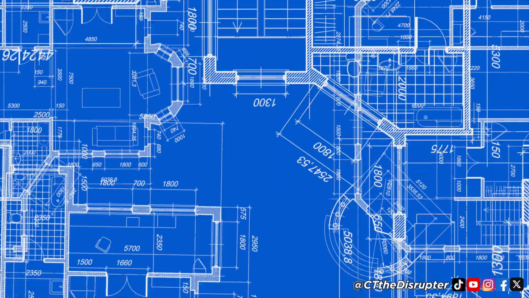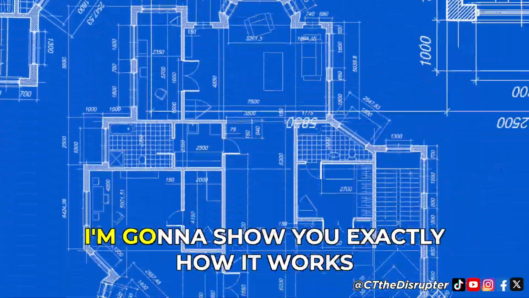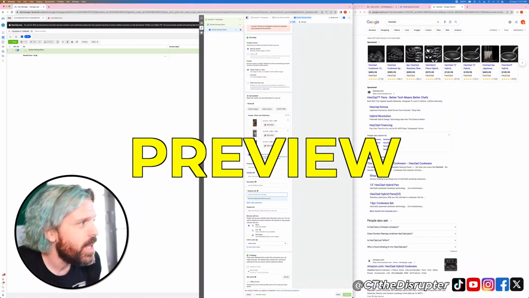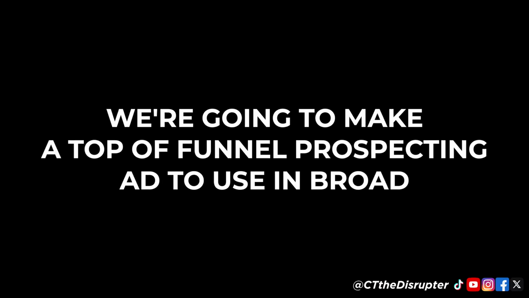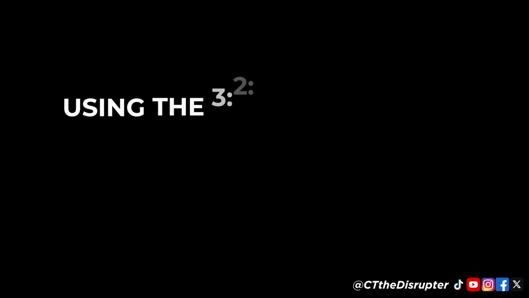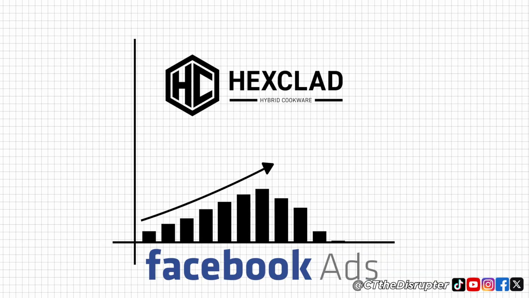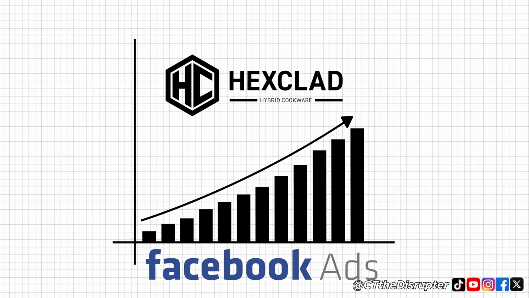No gatekeeping, full transparency. This is the blueprint. I'm going to show you exactly how it works. And yeah, I'm going to share my screen and I'm going to build it step by step. We're going to make a top of funnel prospecting ad to use in broad using the 322 method with DCTs for Hexclad so they can scale their Facebook ad spend and create incremental lift across all of their channels in